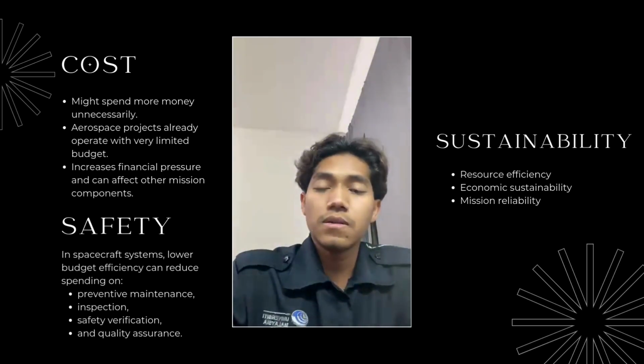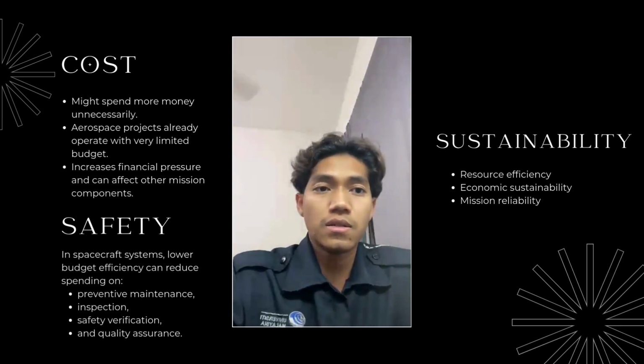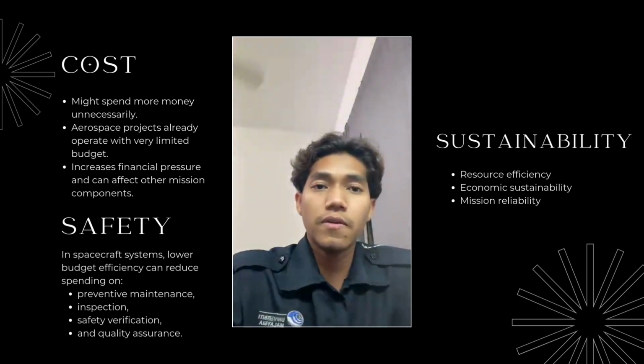From a sustainability perspective, selecting material X also supports efficient and responsible use of aerospace resources. In aerospace engineering, resources such as advanced materials, funding, and engineering manpower are very limited and extremely expensive. By choosing material X, which has lower present and annual cost, we can reduce long-term financial waste and use the